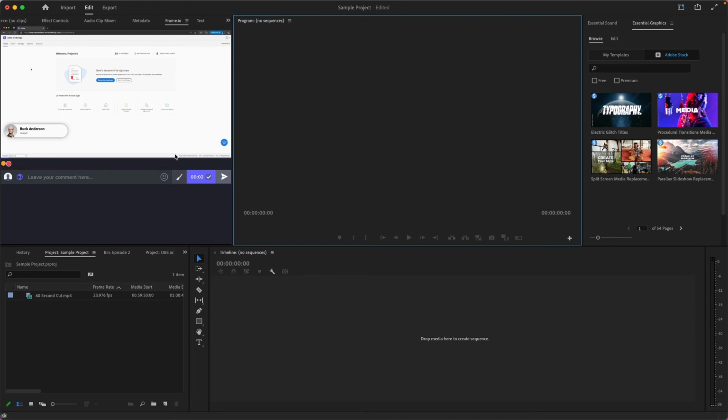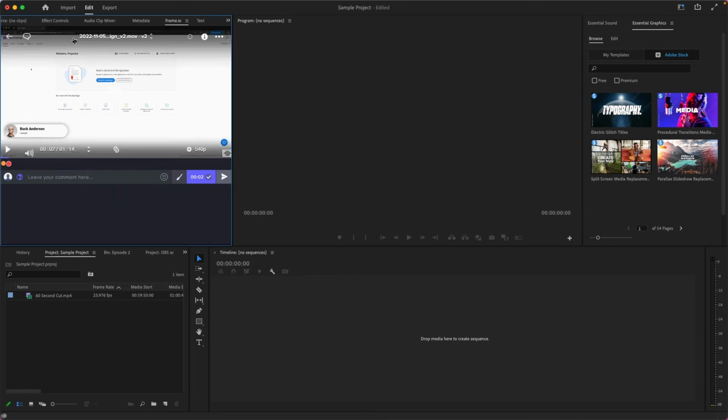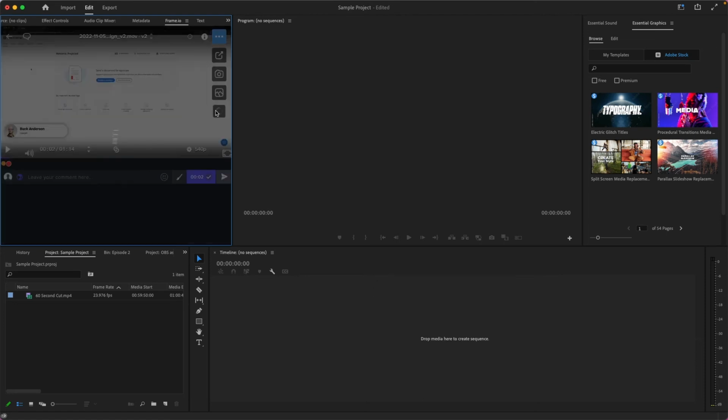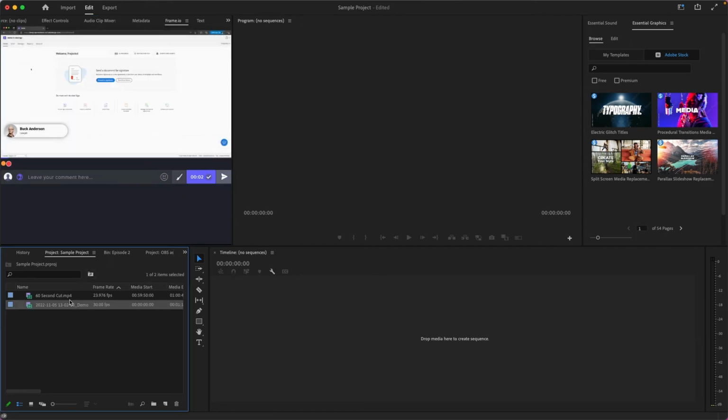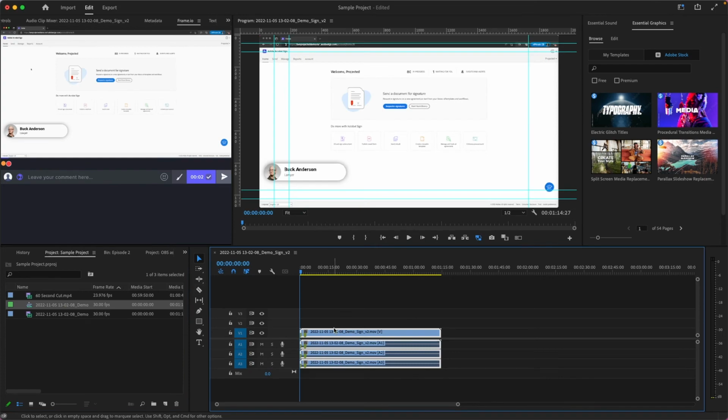For the editor then, they can also take any of the videos here and they can add it to their project by simply downloading it in here, and they can choose whether they want the original or a proxy. And this will add it to the project so that they can start using it for any of their editing in there. I love this because it makes recording and editing a collaborative process,